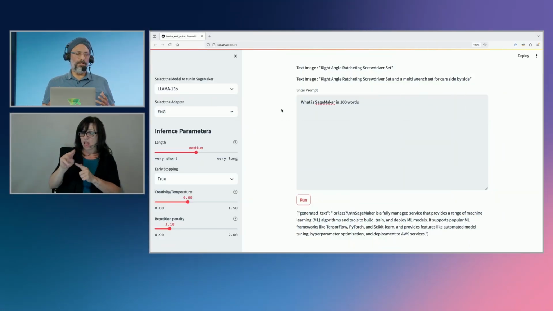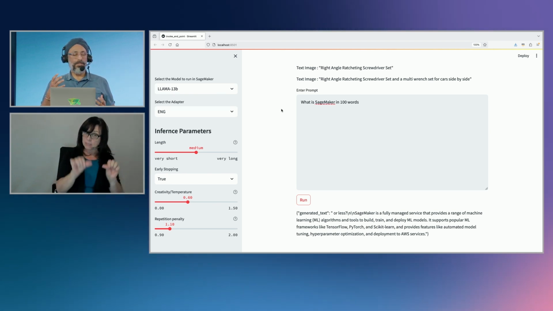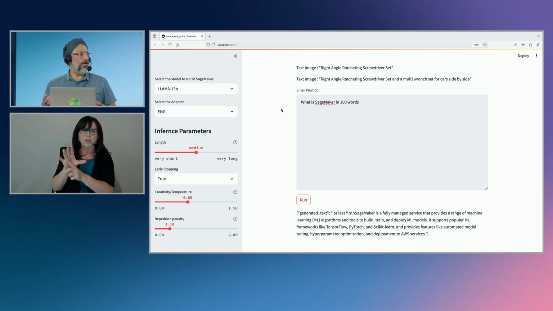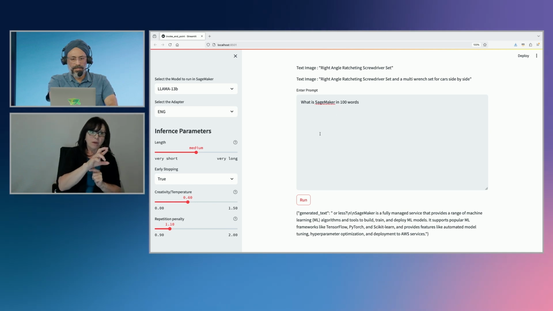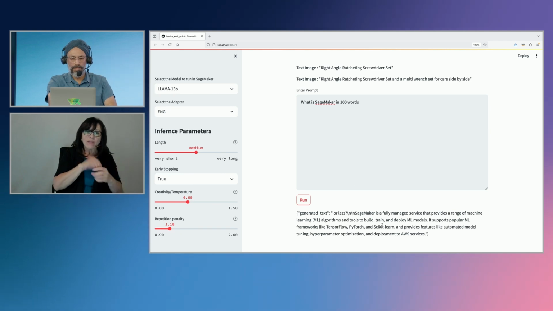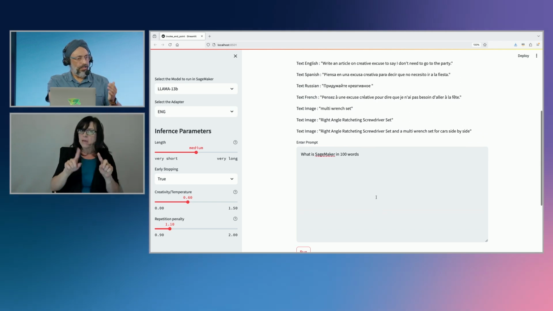So I got a quick demo. Let's just take a look at it. I ran this with Llama. We'll take two of the most popular models. Llama is a very popular architecture, and we also have Mistral on the other hand, which is a very popular architecture. And of course, we have the larger models like Claude and so on. I take a Llama model and ask it in English, what is SageMaker in 100 words? It gives me some text. It's a managed service and all that. So that's good. But Llama does not understand anything other than English.